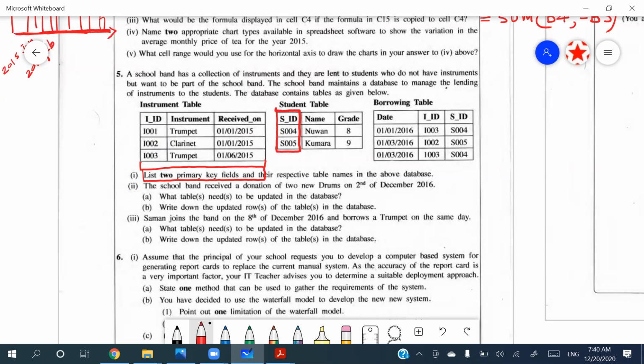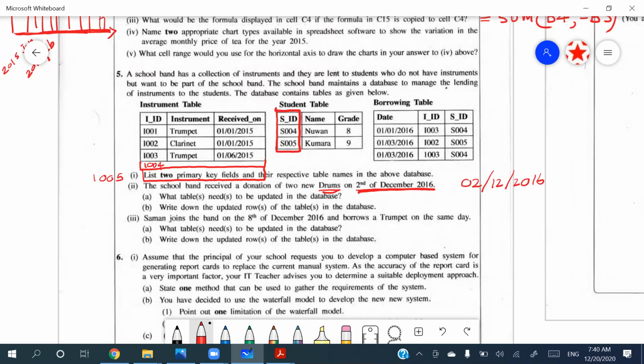So therefore 1004 and 1005 will be the IIDs, and then you have to say drum as the instrument, and then you have to record the date, and it should be in the correct format, right? So the date should be written like this: 2 12 216,